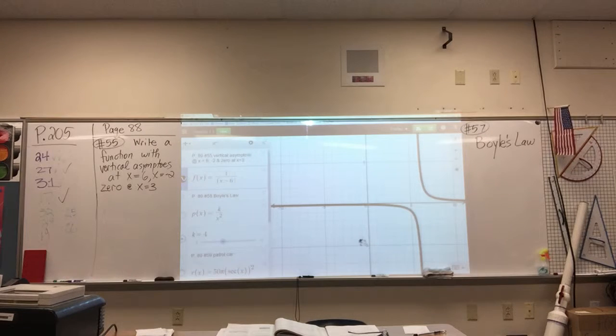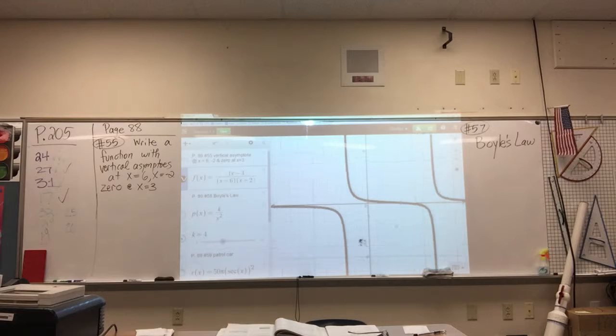Okay? Alright, so that one's good. What if I want to also make a vertical asymptote at x equals negative 2? x plus 2. Oops. See that? And then the third component is, how do I make a 0 at x equals 3? The only way a fraction is equal to 0 is if it's 0 in the top. So, if I put up here x minus 3,